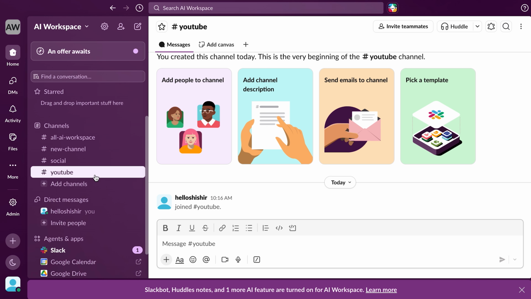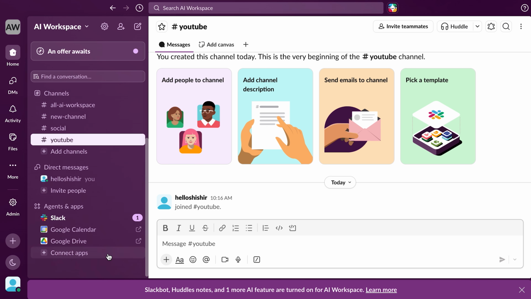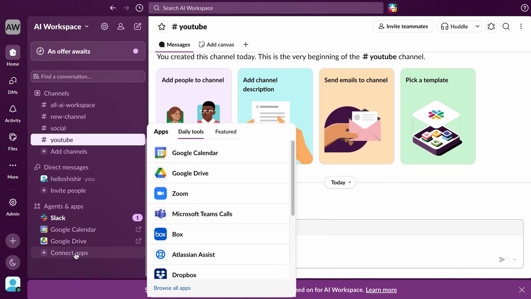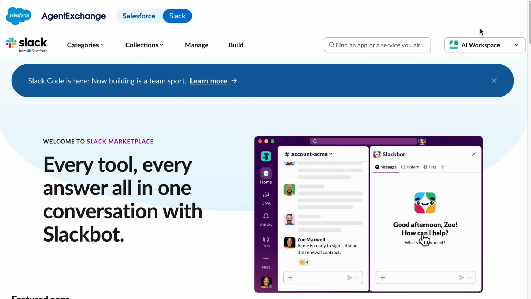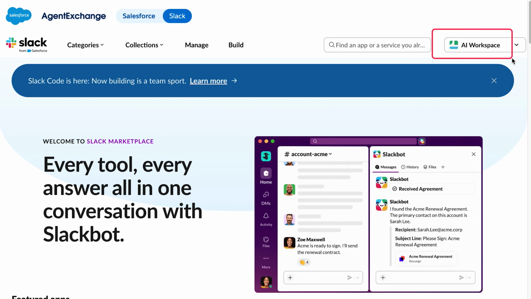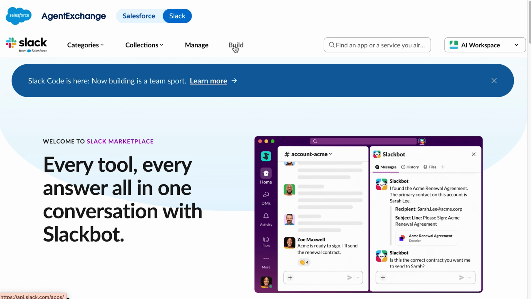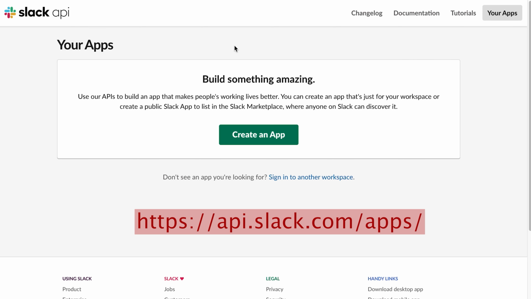Next, we need to create our Slack app. Scroll down, and here click on this connect apps, and then click on this browse all apps. And from here, click on this Open in Slack Marketplace button. Here in this window, make sure our workspace is selected. Now click on this build. It will redirect us to